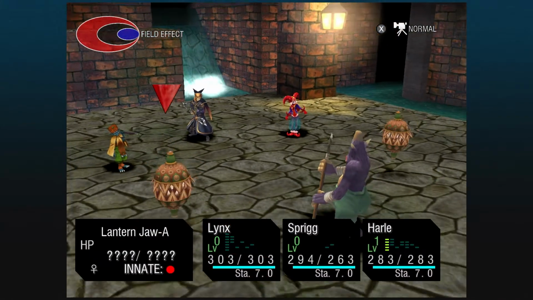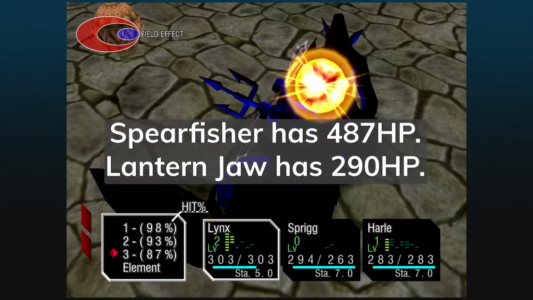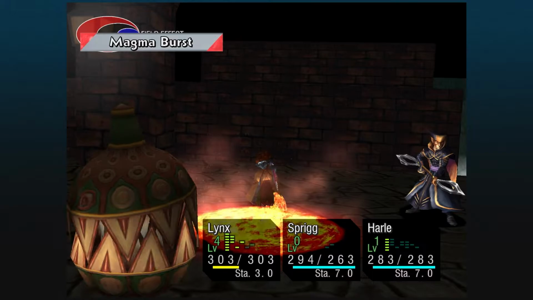Looks like we have to take on some Lantern Jaws and a Spearfisher. We'll start off with a 2-2-3 with Lynx. Magma Burst again. Like, the red...